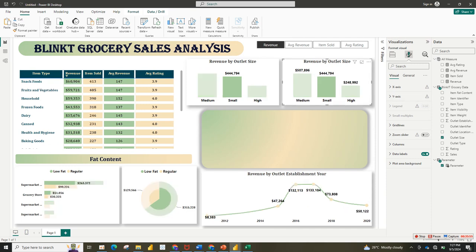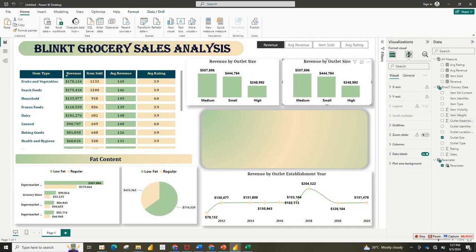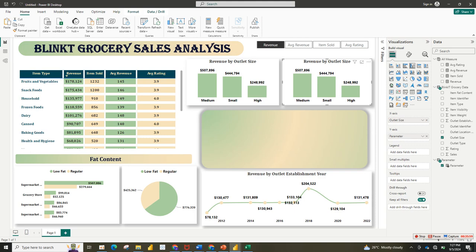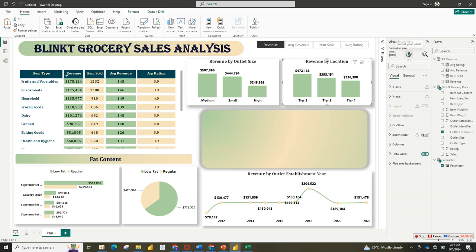So I'll use it for the location. So all I need to do here is to just change this to location. So I'm going to write location here. Again, I'm changing the column to this color. So now we are done with